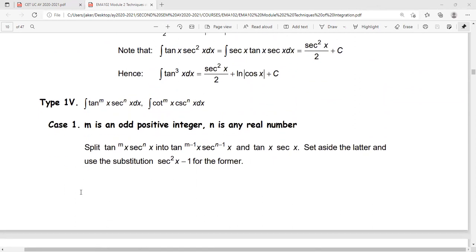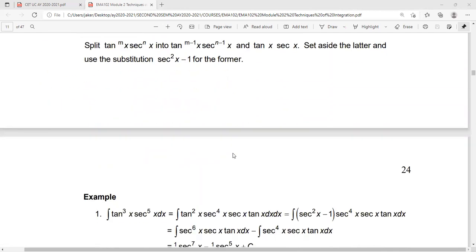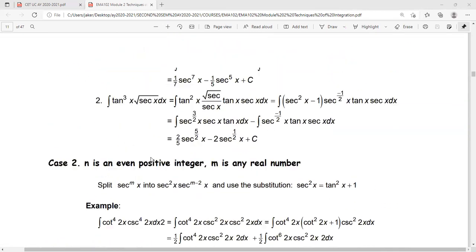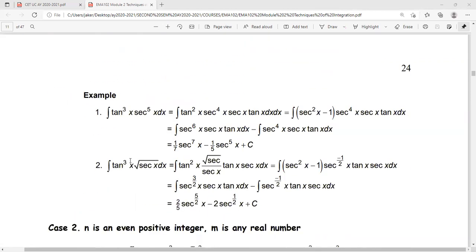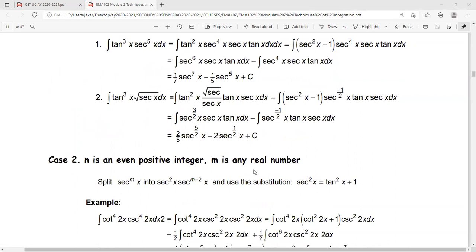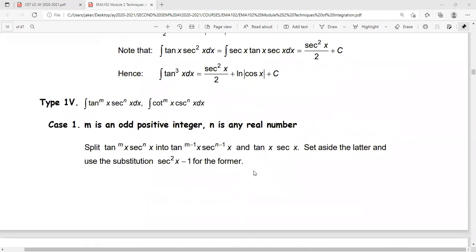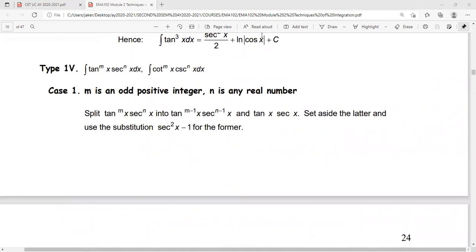And in here, we have two cases. Okay, one is when m is odd and positive, n is any real number. And another one is when n is even and positive. This one, the derivative itself is even and positive, not odd. And m is any real number. So we'll look into each of the cases here one by one. Okay? Now, if m is odd and positive, and the n, which is the secant in the case of the tangent, or the cosecant in terms of the cotangent, is any real number,